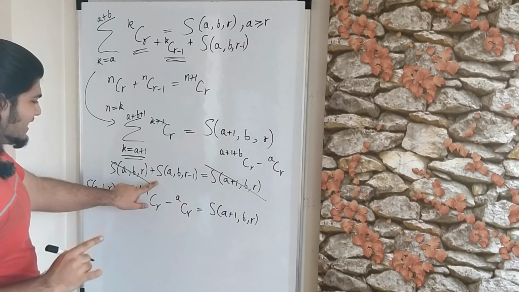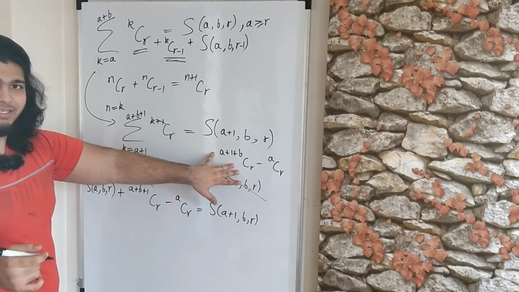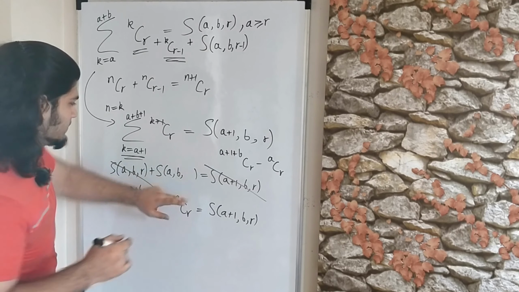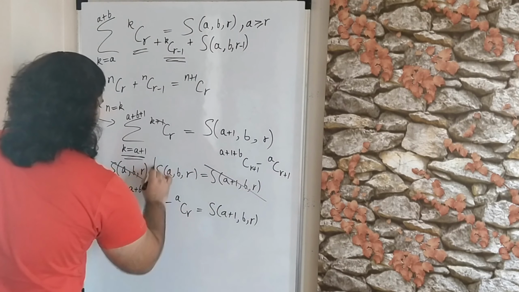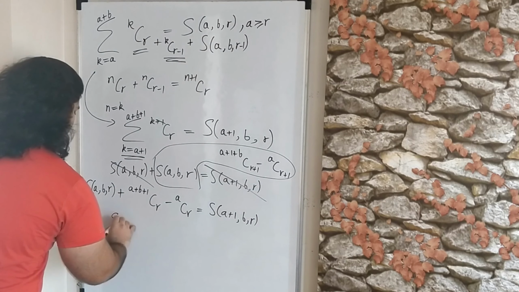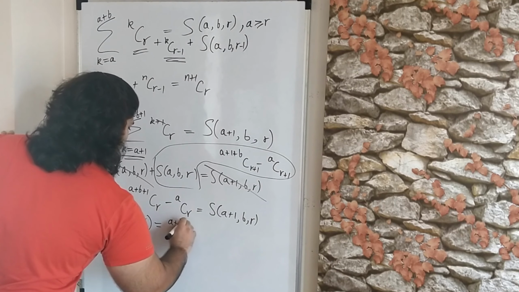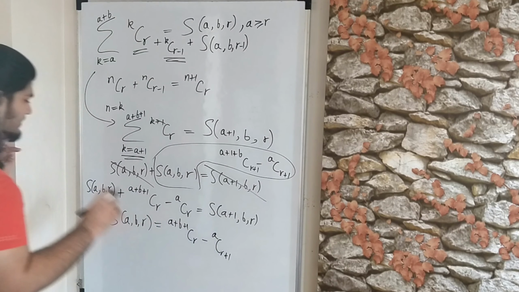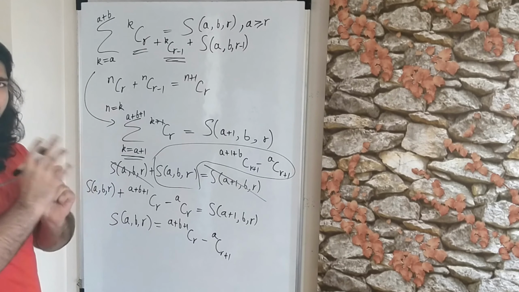But now we have a formula for S of a b r minus 1, and that is equal to this. So if we just replace r minus 1 over here by r and r by r plus 1, there we go, we have a formula for S of a b r. So I'll rewrite it just to make it a bit more clear. A plus b plus 1 c r minus a c r plus 1, and this is the formula which, if you remember, I had written a while back. But now I want you to notice one thing.